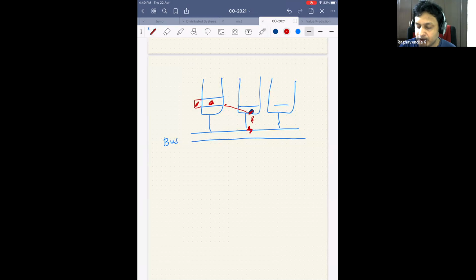As long as the data is not generated, this instruction will not go to the CPU. Let's say the CPU is somewhere here. It is just waiting in the queue, and it is not allowing others in this queue to go forward either. Maybe this instruction gets executed, and then this one will move to the head of the queue, and after some time maybe this gets executed in the CPU. Once it gets executed, it will write the value with its tag: I have completed execution, this is the tag.